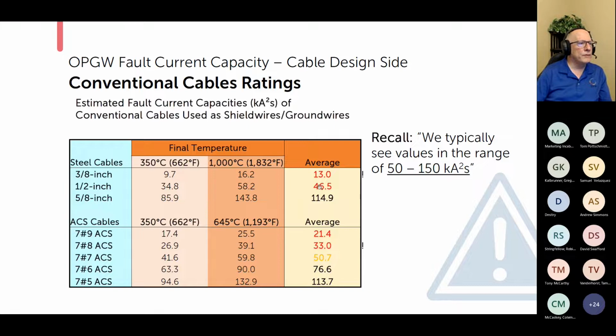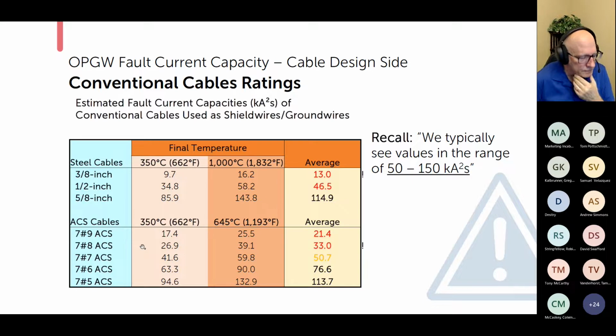1/2 inch, you get a different value. 5/8 of an inch, you get different values. You can see that you've at least crept into the middle of this range. For ACS cables, 7 number 8 is probably the most common. By the way, 3/8 inch and 7 number 8 got the exclamation point just because they're so commonly used. So 7 number 8, 350 C,